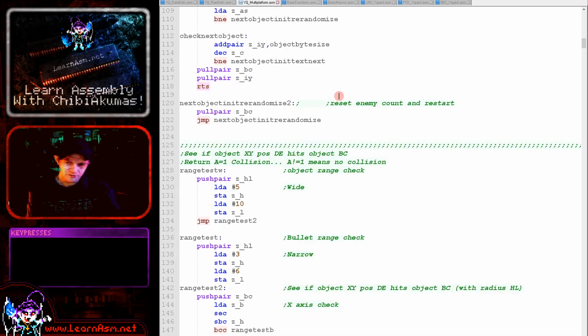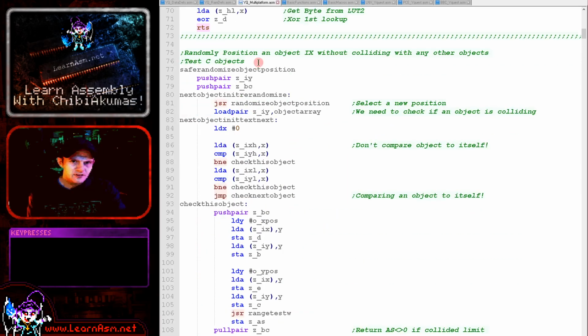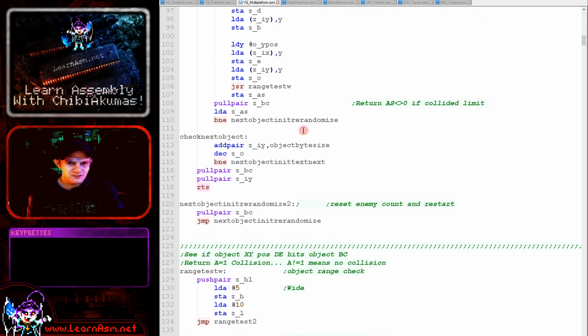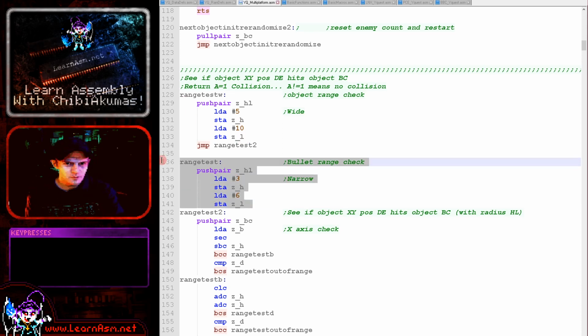It produces all the values from 0 to 255 with reasonable randomness, so it's fairly reliable, and that's why I used it for this program. Now, safe randomized object position will produce a random position for an object that's not overlapping an existing one. Range test will check if two objects are overlapping, defined by a particular range. So for example 3, 6, x, y range are two objects within that range, or a wider range of 5,